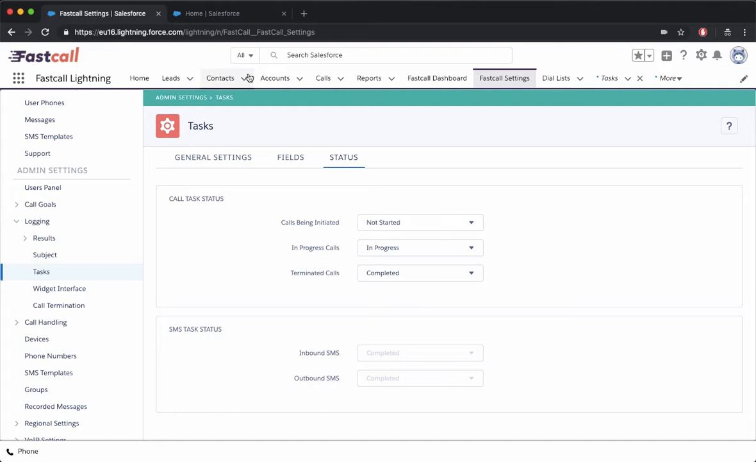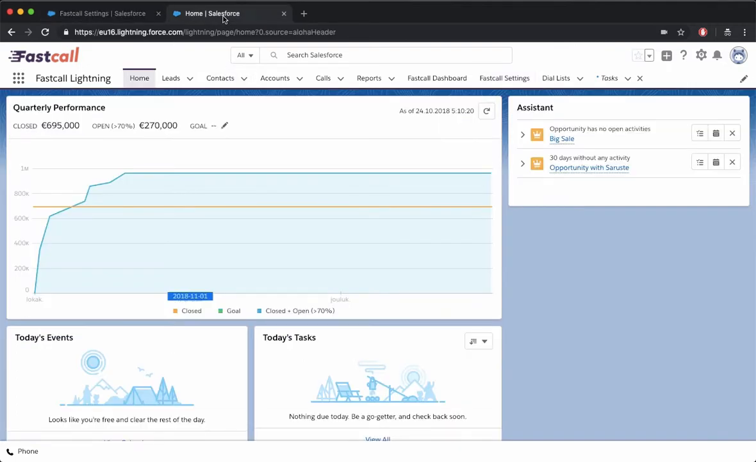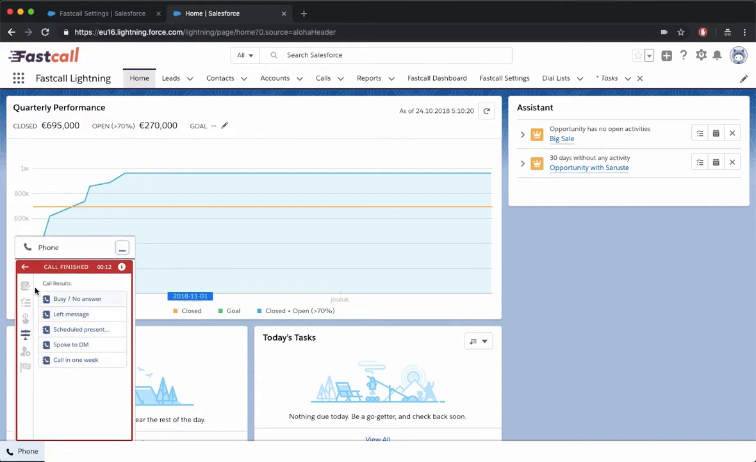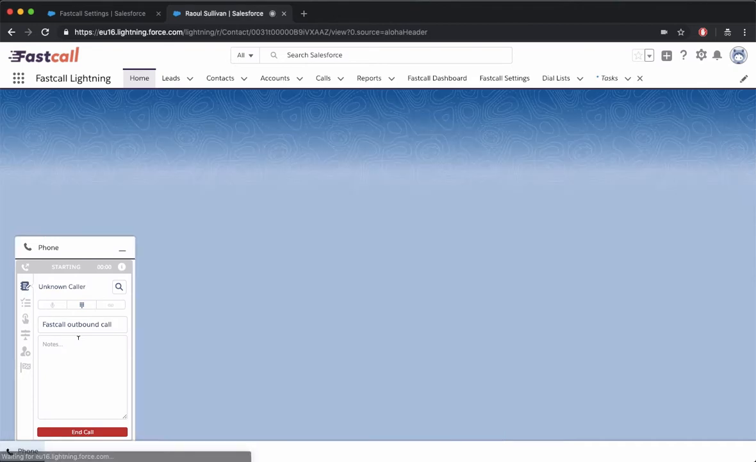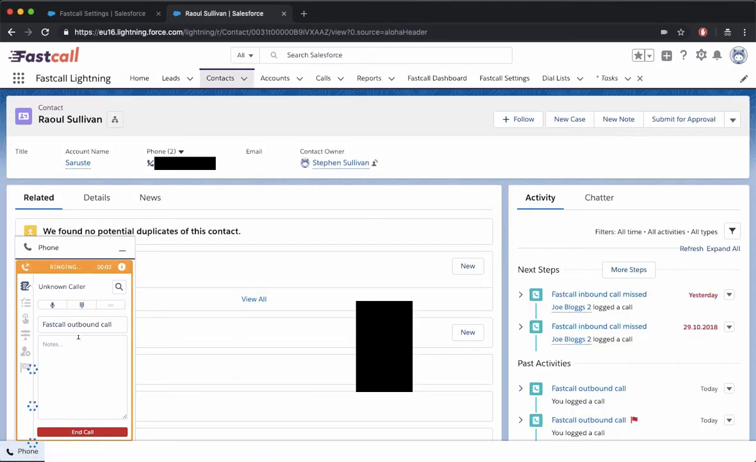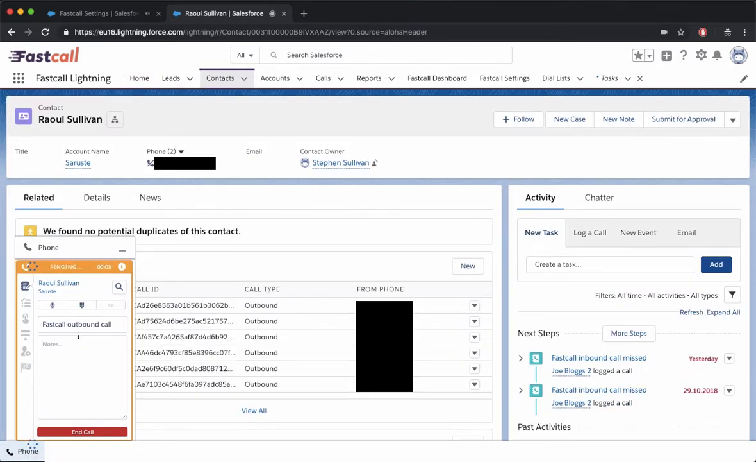Okay, let's take a look at this in practice. I'm going to make an outbound call. The call has to be connected for any of this functionality to work. So now that the call is connected, I can end it,